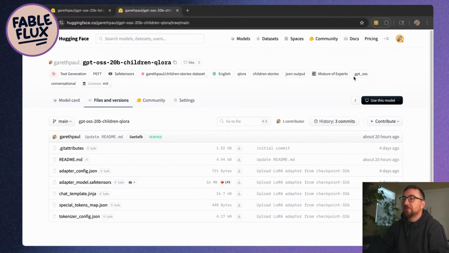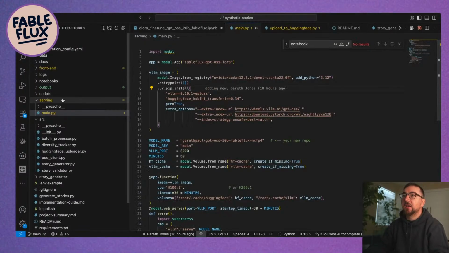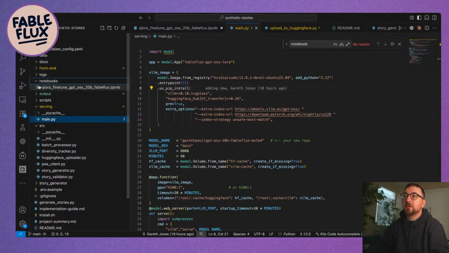I then pushed the adapter and deployed it through Modal. So when I go here, there's sort of different ways to... Notebook has a thing and there's a front end. I'll get to that in a sec, but the serving is super interesting. So there's this company called Modal. Maybe if you can't see my screen, let me go back. I just jumped from the notebook that I have here